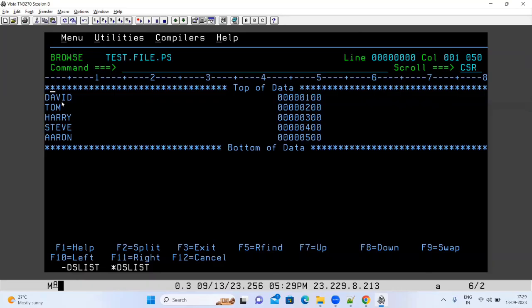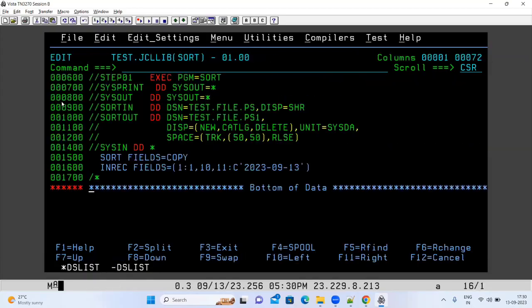Suppose the name field is 10 characters, from first position till 10th position. I have kept the remaining places blank. These are all serial numbers on the right hand side. So what I want to do is create an output file where I have not mentioned any length or format, but in the SYSIN what I have mentioned is SORT FIELDS=COPY, INREC FIELDS=(1:1,10,11:C'...') within single quotes. I have written